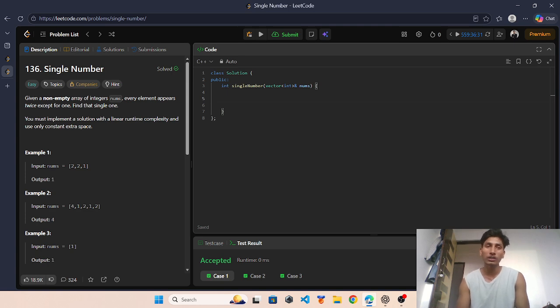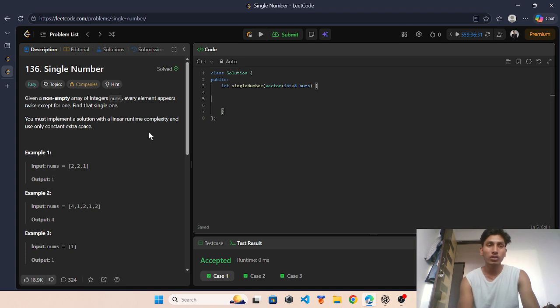Now we have to solve this problem using XOR, and find an optimal solution where both space complexity and runtime complexity will be linear.